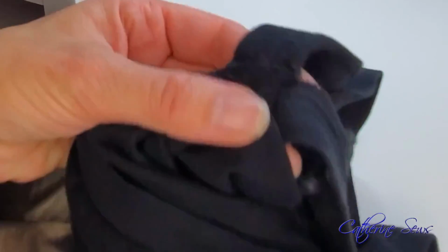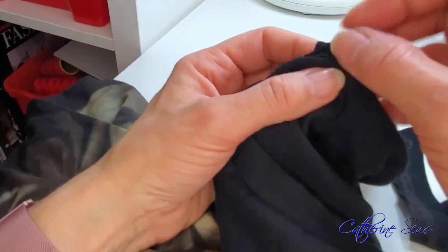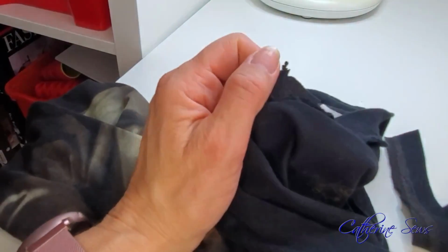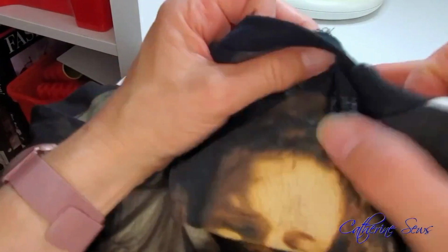I'm going to do two more things to this neck. One is just cut off the extra of the band. If you find that all too fiddly, you could sew those extra pieces down before you sew it into the V. That's probably helpful. So now that I've checked it from the outside and I'm happy-ish, now I'm going to